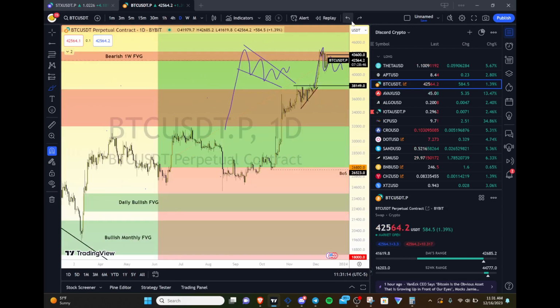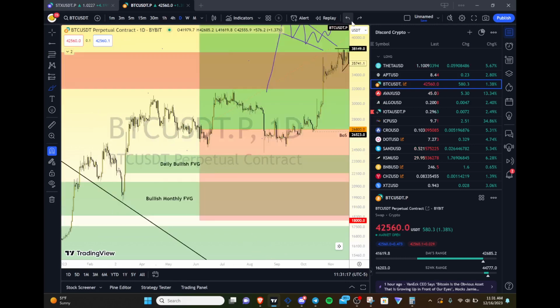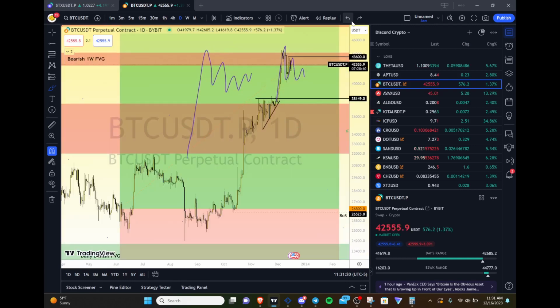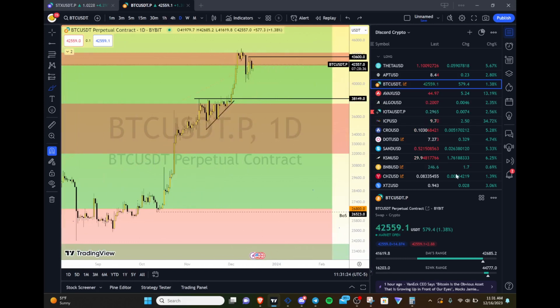We don't know what Bitcoin's going to do. Is it going to take the all-time high? It doesn't really matter, but it is in the process, and the probabilities are increasing by the day that we stay here. And the reason that you're seeing the altcoins go pretty